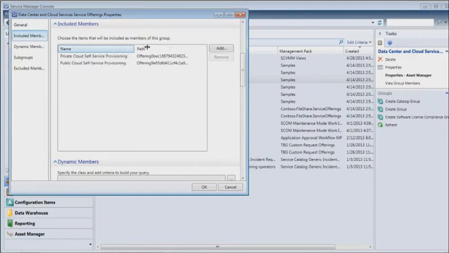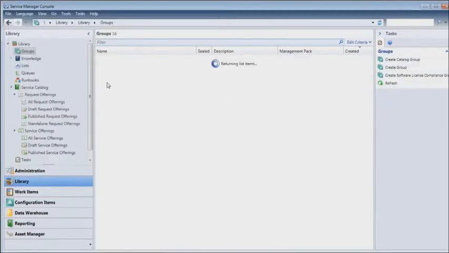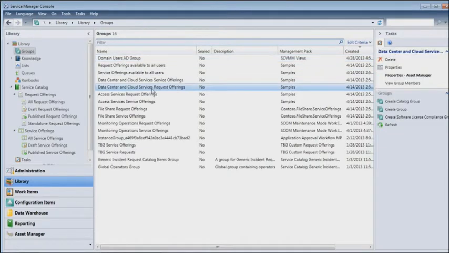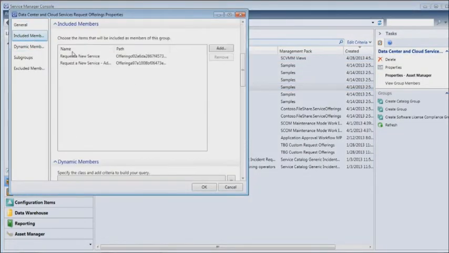So what you'll see here are my self-service provisioning offerings. I can also, incidentally, create dynamic query-based formulas that will populate this group very dynamically. And I have a carbon copy of this that contains request offerings instead of service offerings. So here I have those request offerings that you probably recognize pretty well by now, and it's only when I've